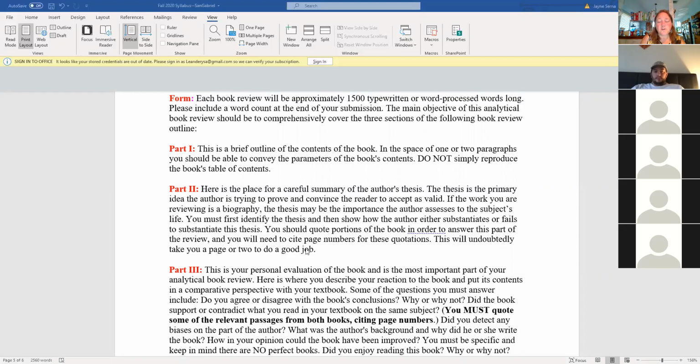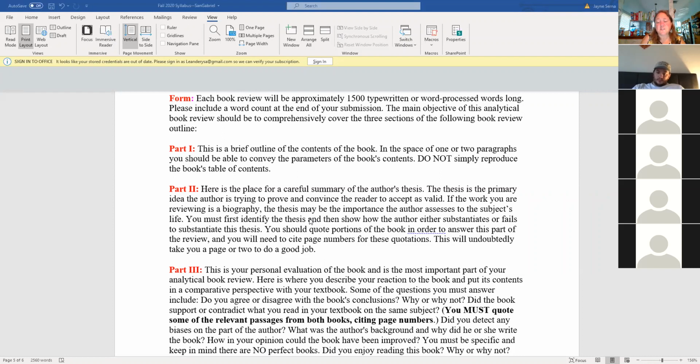Now, if you read the whole book and still have no idea why the guy wrote the book, that is a problem, isn't it? Either they didn't write the book well, or you didn't read it carefully, or who knows. Could be a combo. But you look for the author's thesis, the reason they wrote the book. If it's a biography, you're looking for what is so important about this person that they chose this person rather than any other person in the world.